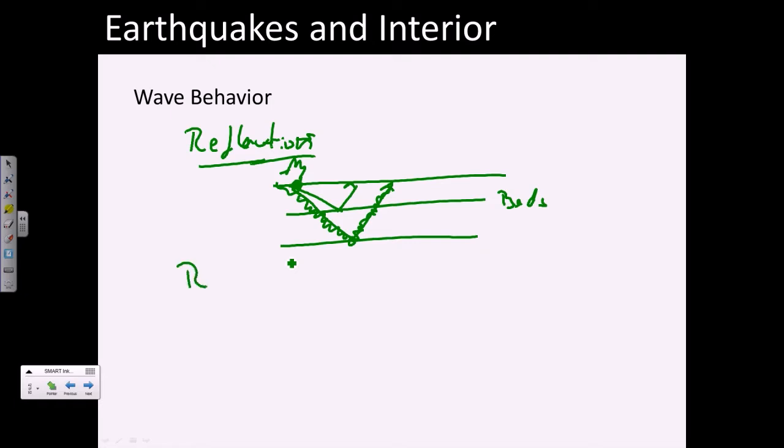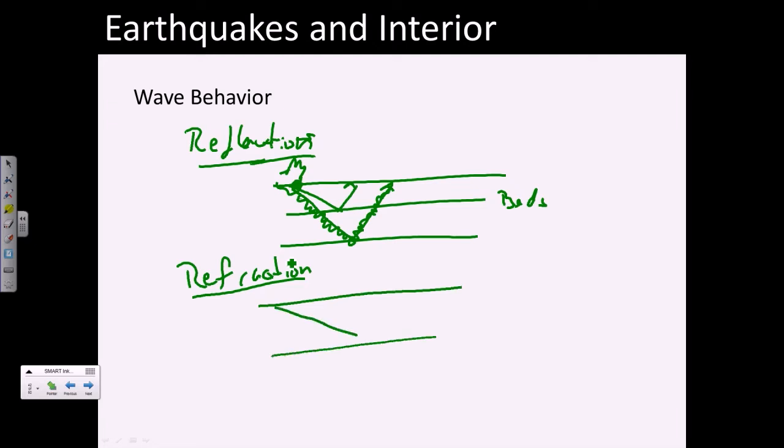The other option here that's pretty common is called refraction. And refraction has to do with the transmission of waves across different beds or boundaries in the Earth's interior. So the waves are going to come down and pass through some material, but then they're going to hit a boundary and change direction. One option is that they get steeper, so in other words, they pass through a material, and as they do that, they go